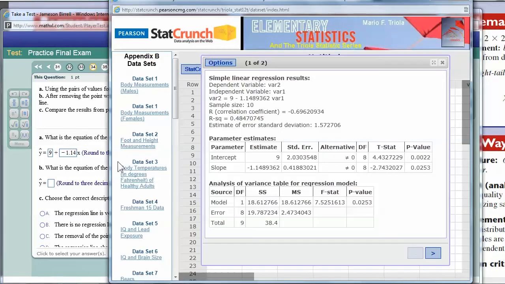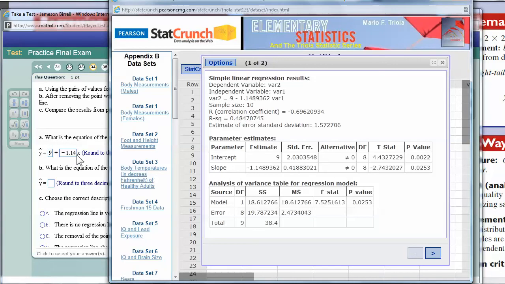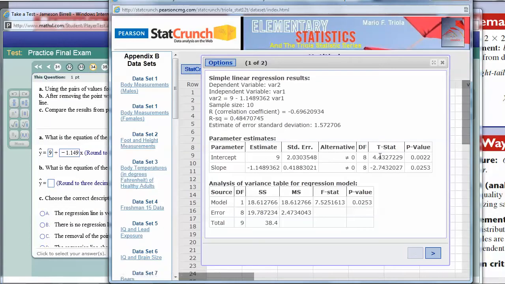Three decimals. So I guess, okay, what is the equation for the regression line for the set of 9 points? Okay, so we take out, oh, by the way,